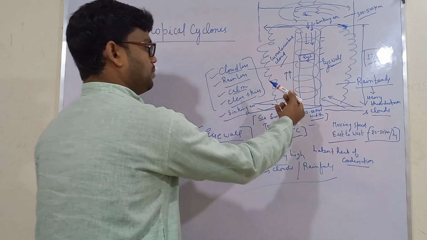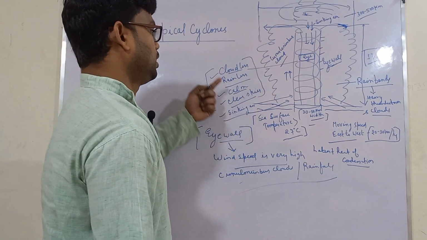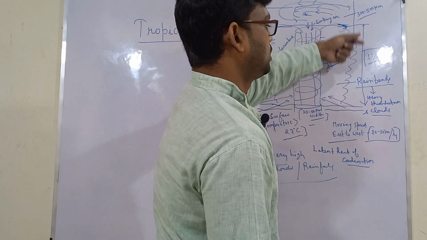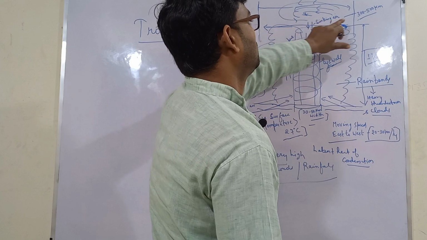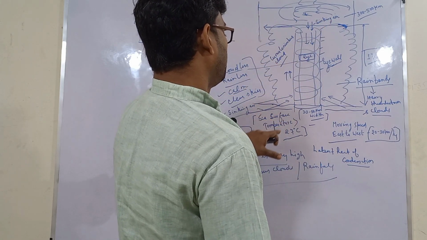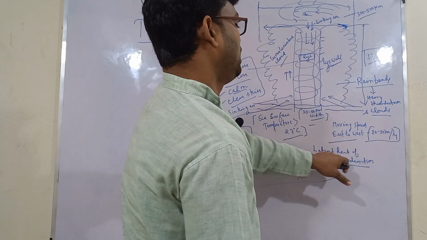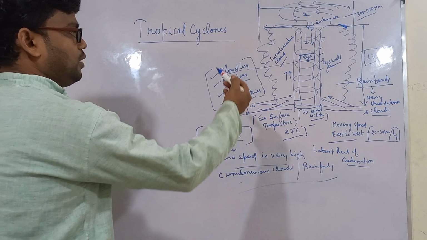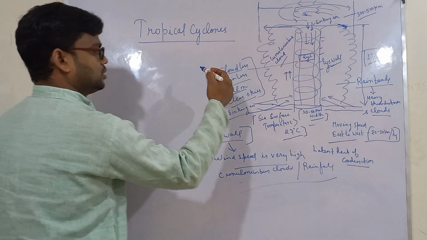So I hope you remember all these points. You might have noted it down: the structure and the important features of the eye wall and rain bands, the height of the rising air column, the width of the cyclones, the width of the eye portion, the sea surface temperature, moving speed, and latent heat of condensation. If you have noted this down, then our next topic under the structure as well as